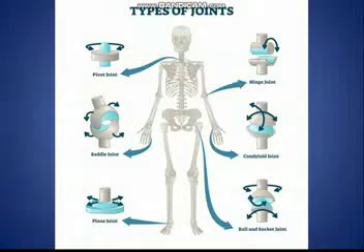A joint means two or more bones meet each other with the help of one strong tissue. That strong tissue is called a ligament, and only in the skull are the bones interlocked. It means in the skull the bones are interlocked, so they are immovable, but all other bones are movable because of the ligament.